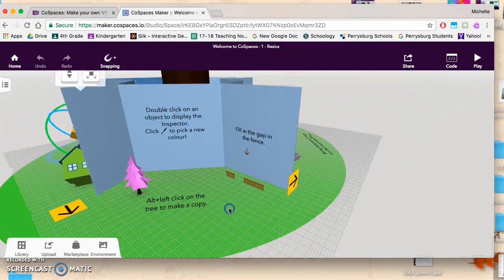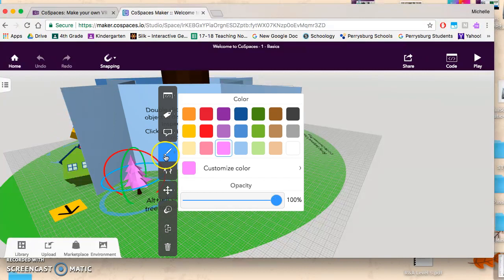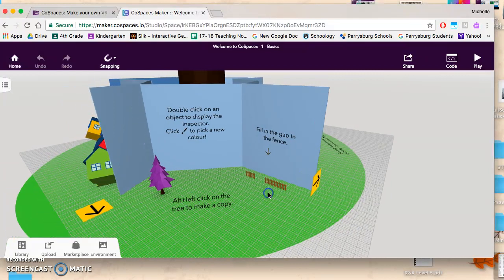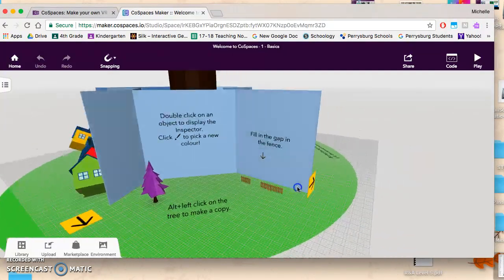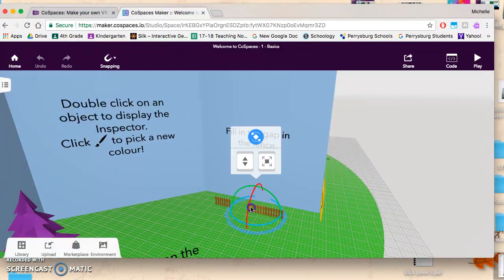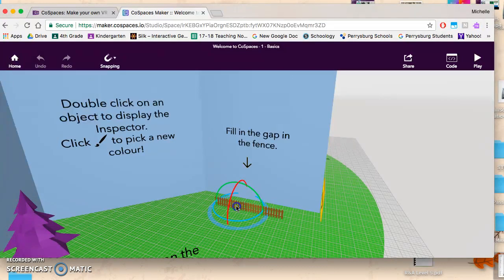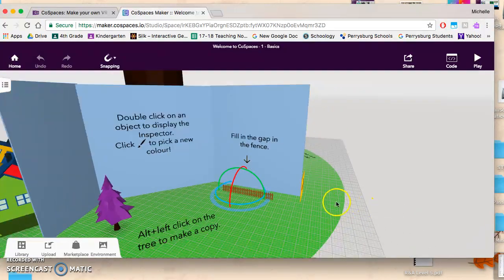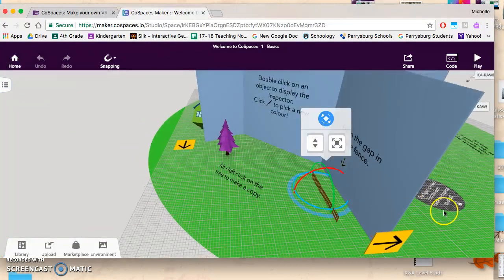And then it says to double click on the object to display the inspector. We already talked about this, double clicking and changing the color of anything on the screen. And then they have us making one with a fence now that we're supposed to fill in the gap. So we hold Alt and click, and then we drag and we fill in that fence just like that. Then we move on to the next one,